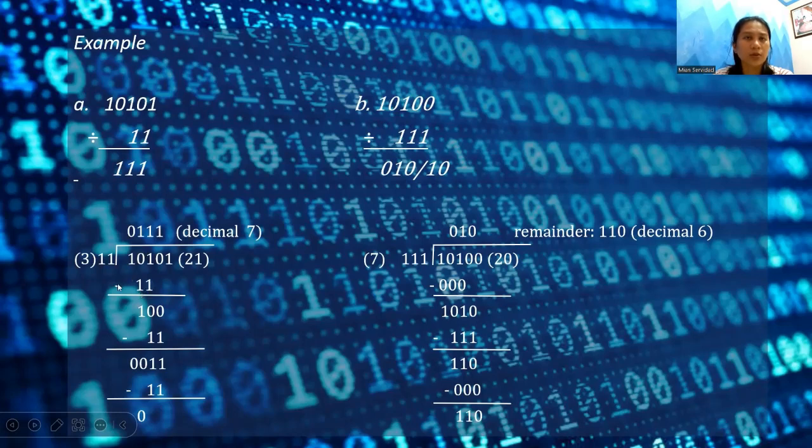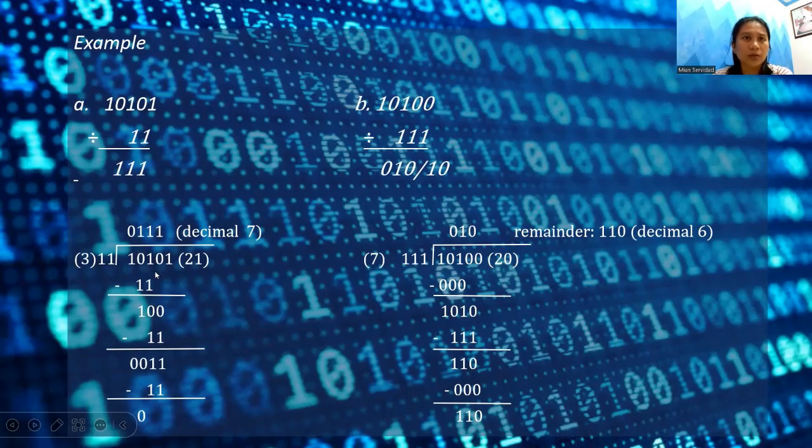So over, we need to subtract it. So 1 minus 1 is equal to 0. And we borrow 1 from here to the left side. It becomes 0 becomes 2. 2 minus 1 is equal to 1. And bring down 0. So 100, and 100 divided by 1 is equal to 1. So the quotient is 1. Multiply it by 11.